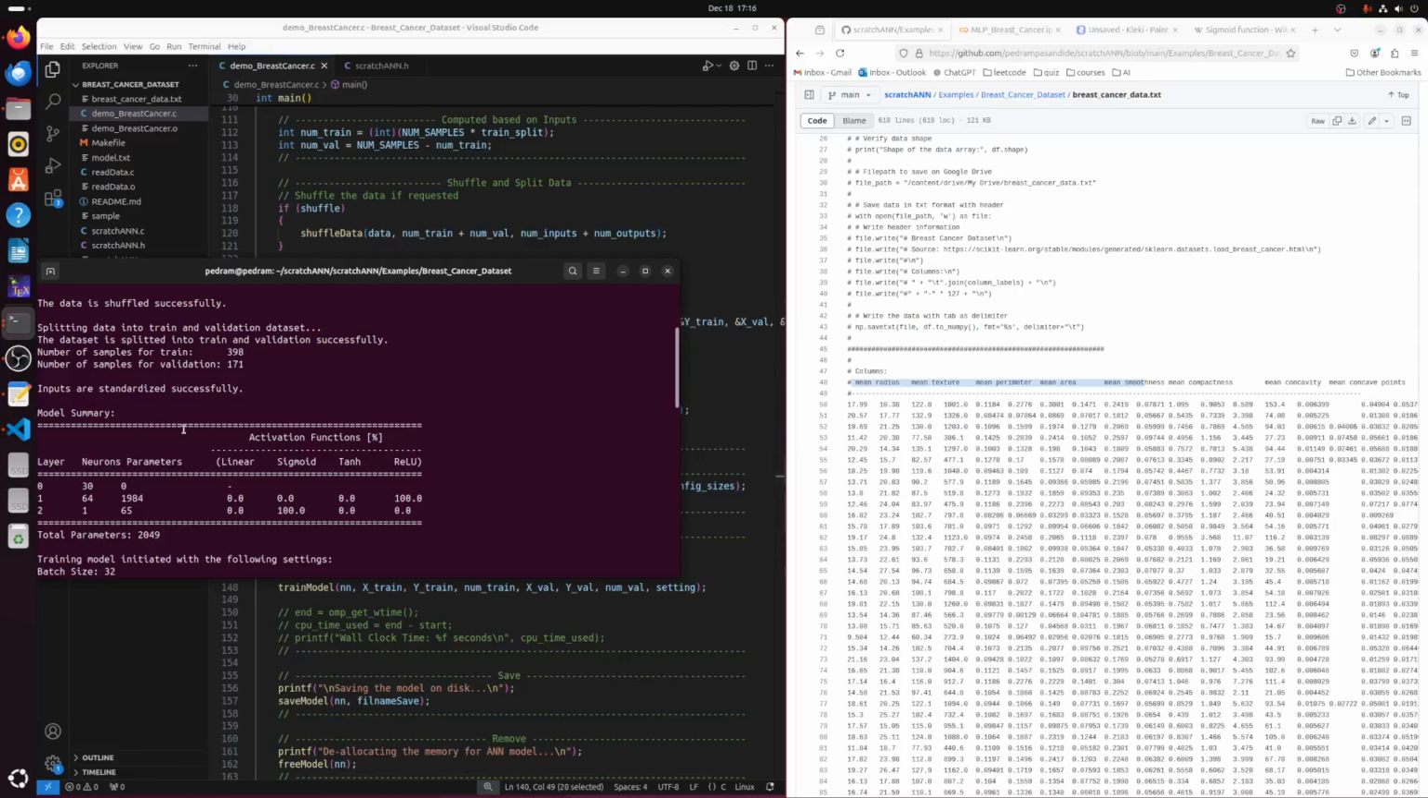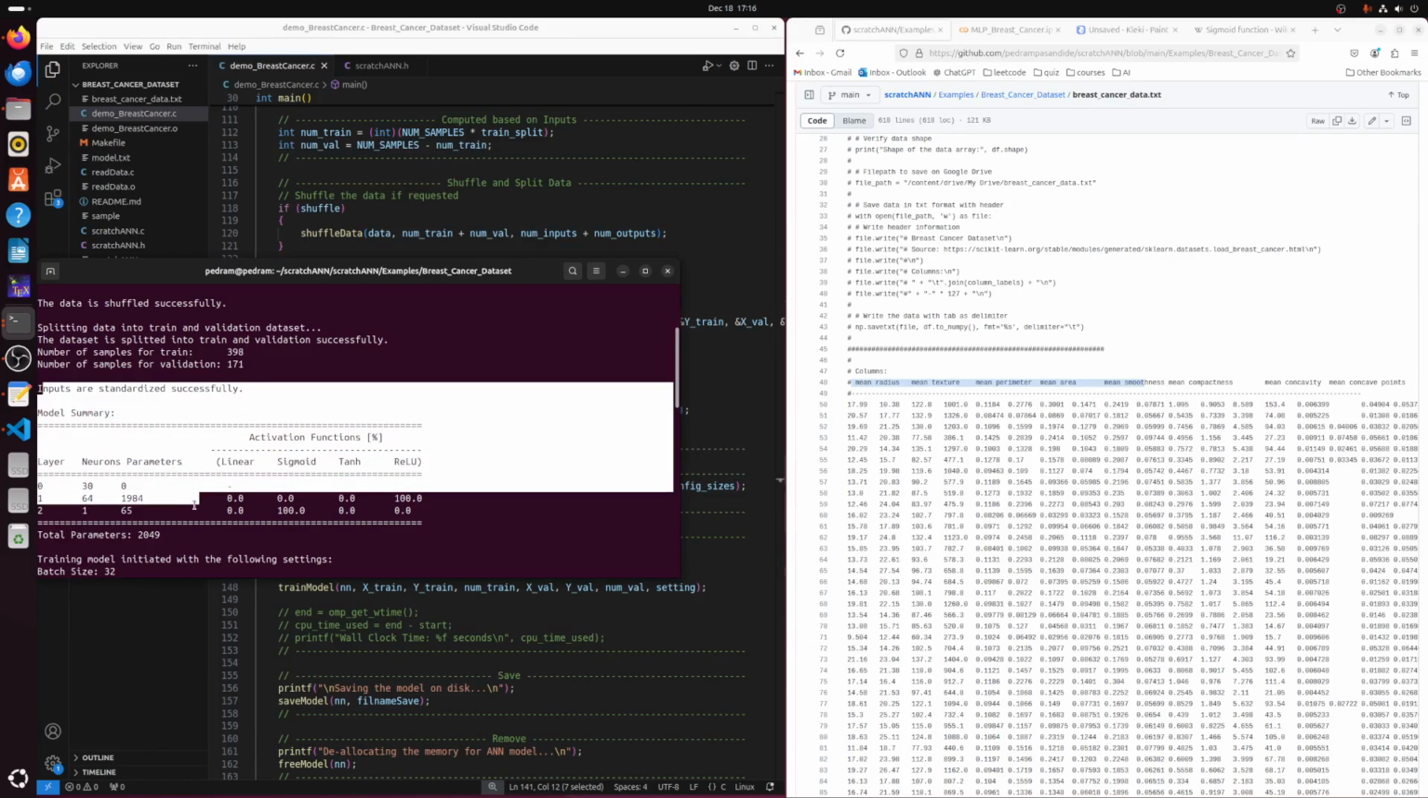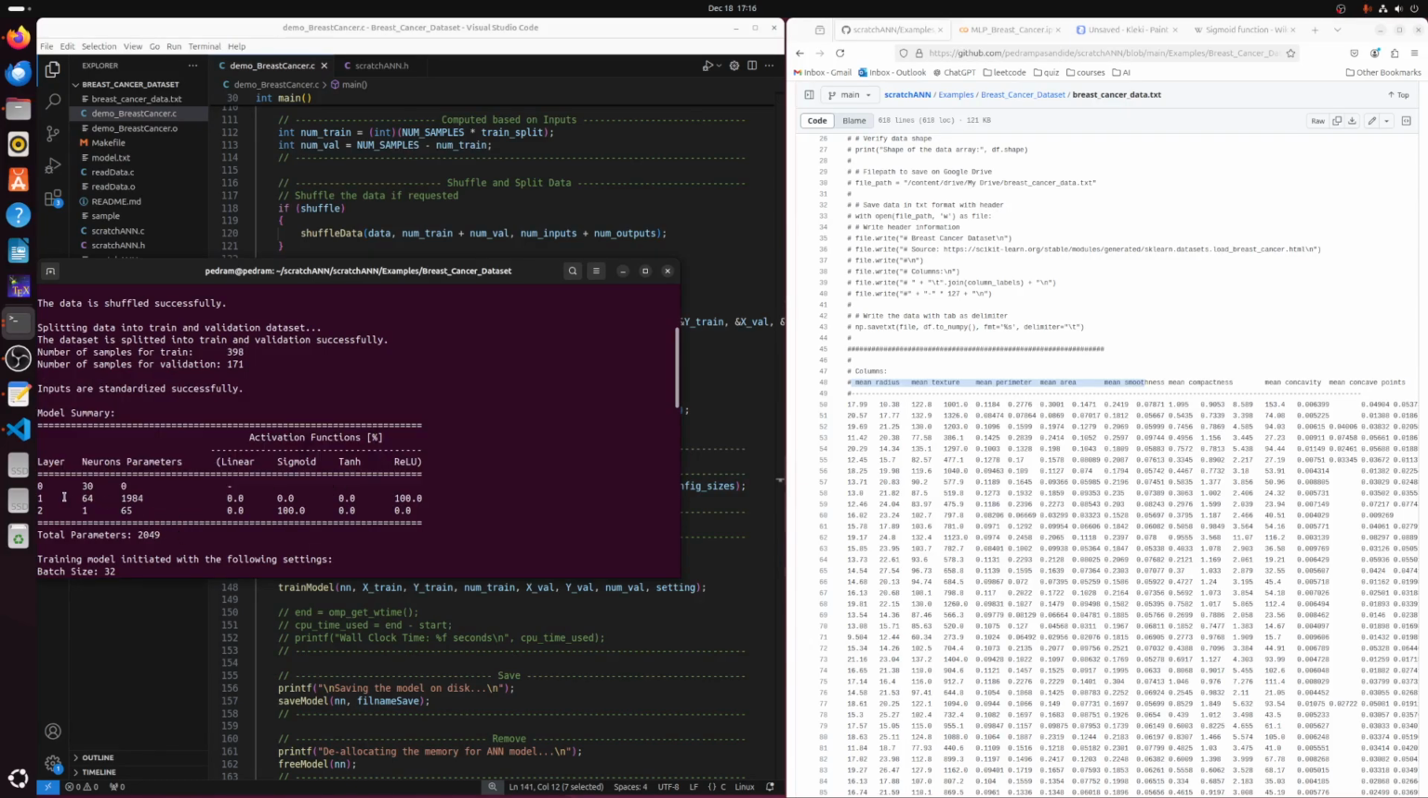I create the model, and after creating the model, I want to see a summary of the model I just created. Let's just go through each layer. The first layer, which is the input layer, has 30 neurons. It doesn't have any trainable parameters. It doesn't have any activation function. The second layer, or in other words, the first hidden layer, has 64 neurons, and the number of trainable parameters is